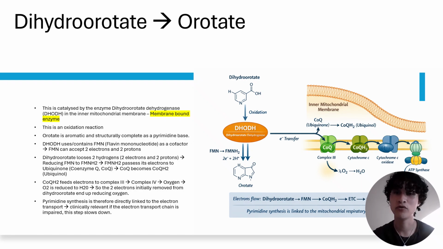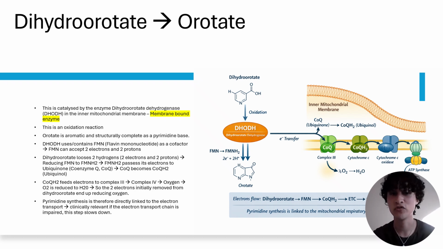And those 2 protons will essentially indirectly contribute as well, because those protons are required for chemiosmosis, required to move down that electrochemical gradient to allow ATP synthase to synthesize ATP. And of course, the electron transport chain is where the majority of ATP is synthesized, and I won't talk about it too much because we're talking about de novo pyrimidine and purine synthesis, but that just shows you how dihydroorotate is indirectly contributing to ATP synthesis,